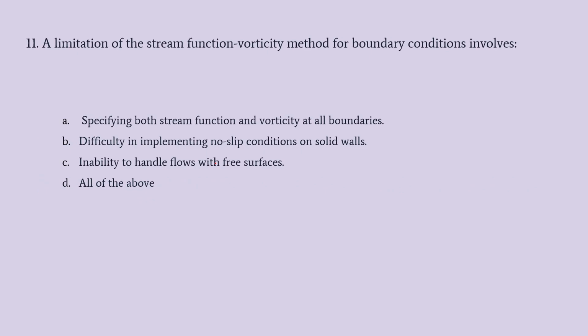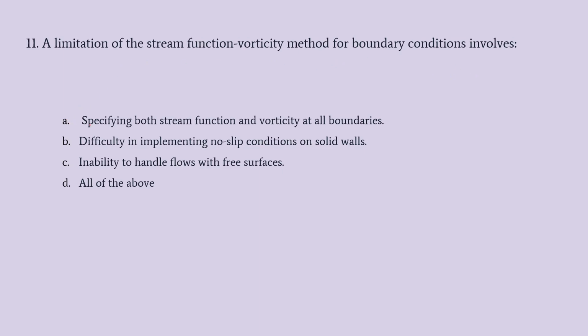Moving on to next question. A limitation of stream function vorticity method for boundary condition involves. So the question is on the limitation of stream function vorticity method while incorporating the boundary conditions that are existing. Options are,